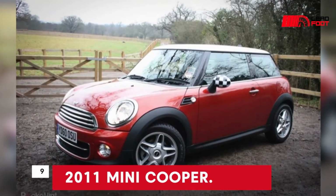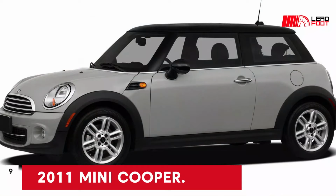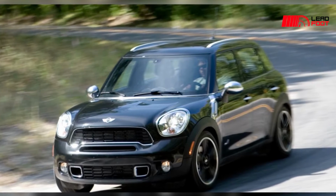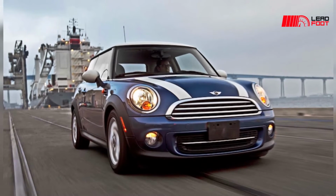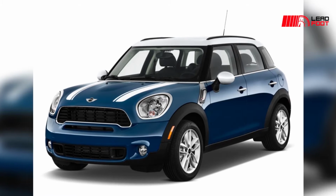Number 9. 2011 Mini Cooper. The Mini Cooper was the last word in compact vintage vehicles until the Fiat 500. The Mini Cooper convertible outperforms the Fiat 500 in terms of handling and fuel consumption. For some drivers, the John Cooper Works model may be too harsh, but the Cooper S is the perfect balance